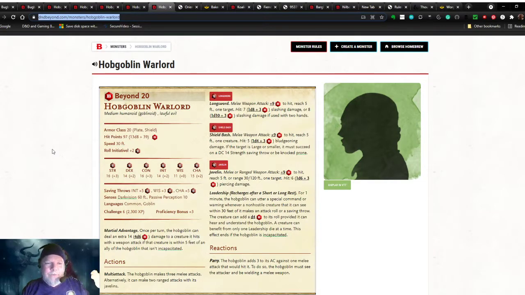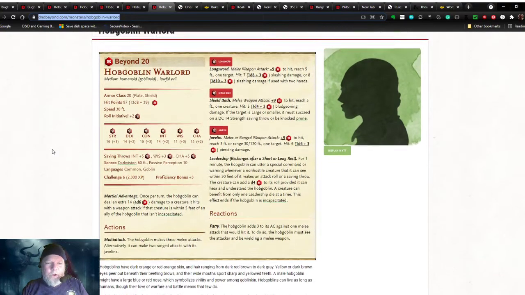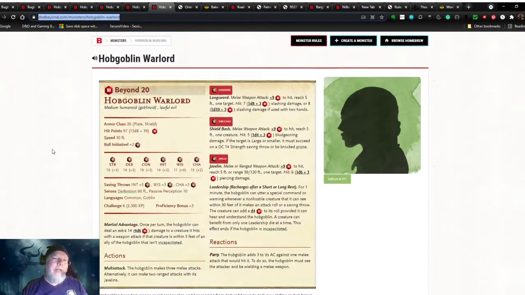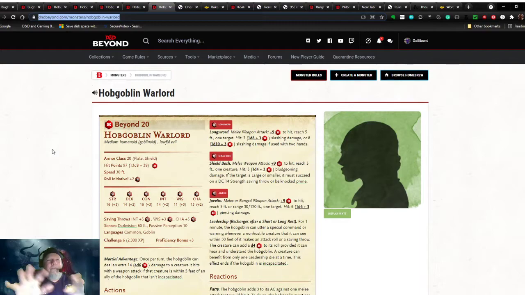Armor class 20, 97 hit points, and a CR of 6. So, you can imagine, now that you've seen these groups of Hobgoblins, if you're going to array a culture of goblins and goblinoids and put these guys in a hierarchy, you might have this Hobgoblin Warlord as an emperor type figure, and then all of these other people making up